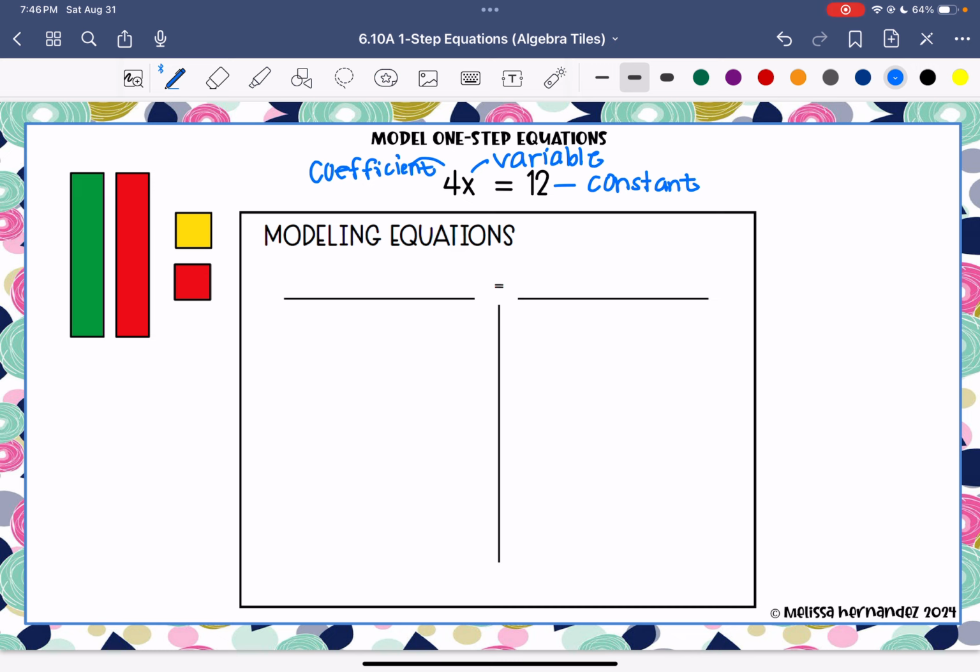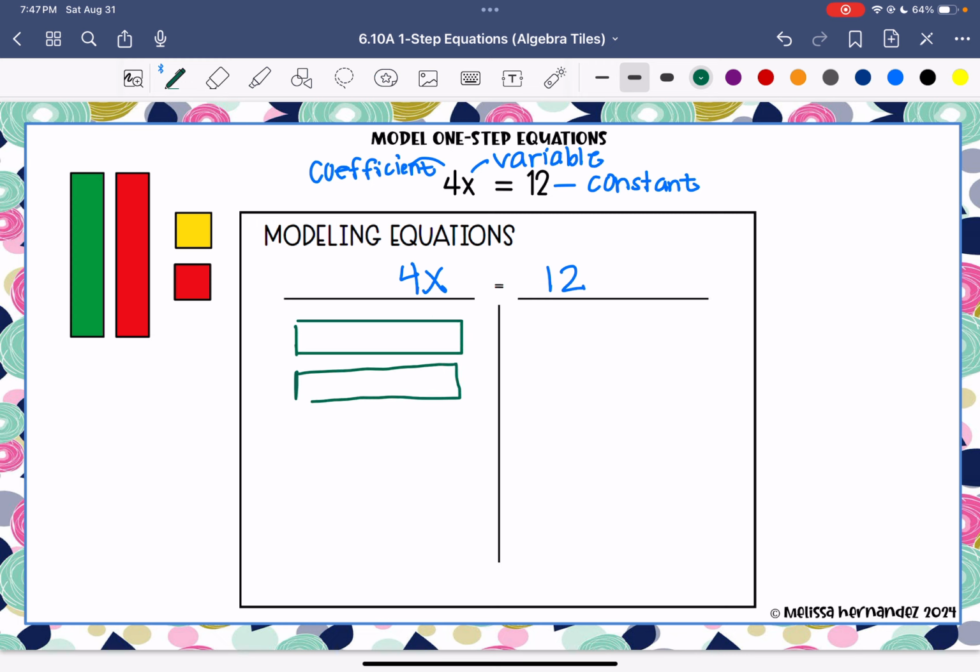Now, this is like a balance scale, so the left side is equal to the right side. And if you want to keep it balanced, whatever you do to one side, you do to the other. So 4x is on the left and 12 is on the right. Now, what I'm going to do is draw 4 positive x. How do I know it's positive? Because there's not a negative sign in front of the 4, or a subtracting operator, sorry. Okay, so 4 positive x,